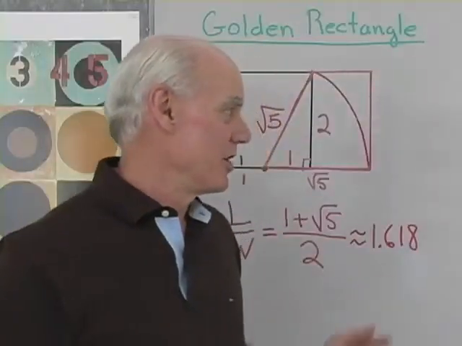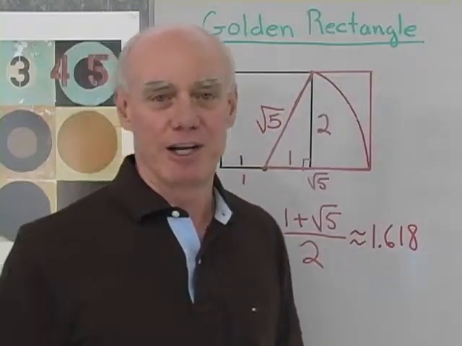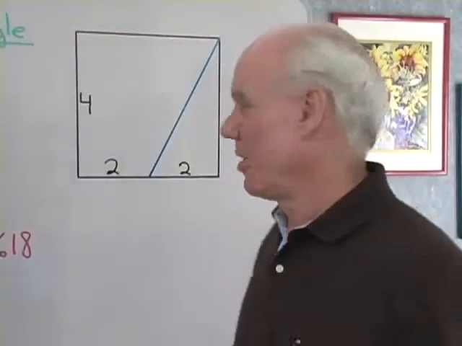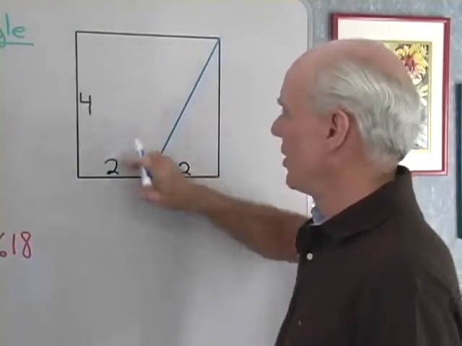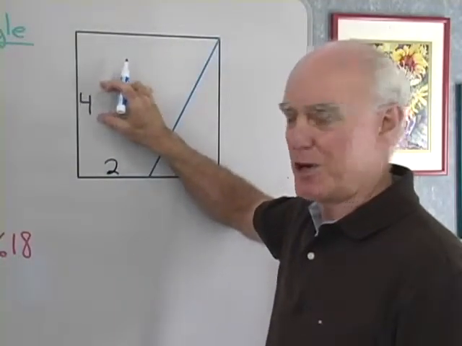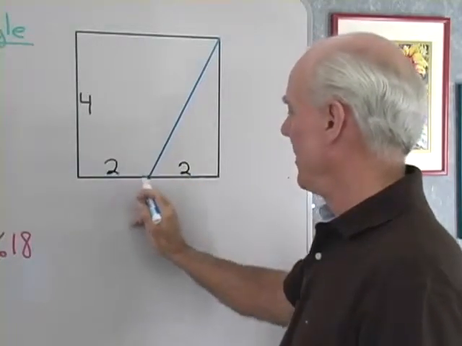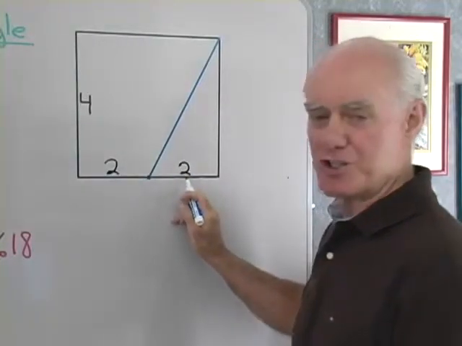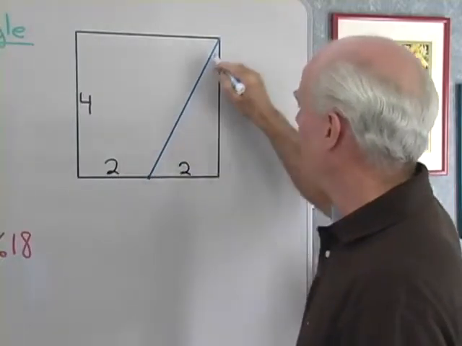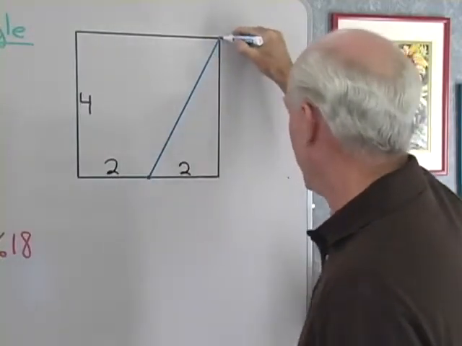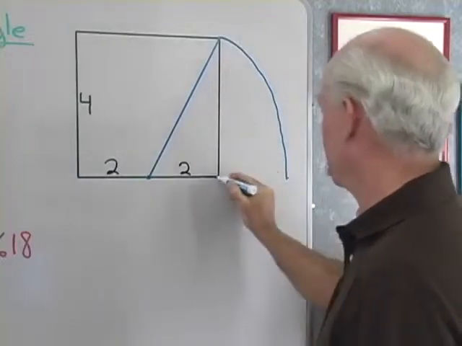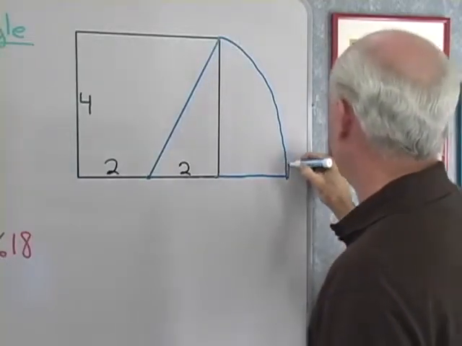Now I want to walk over to the other board here and look at another golden rectangle. Alright, this time I want to make a golden rectangle from a square of side 4 rather than a square of side 2. So I do the same thing. I go to this midpoint right here. That means that each of these two lengths is 2. And then I draw in this diagonal right here, and then I drop it down like this, forming this rectangle,